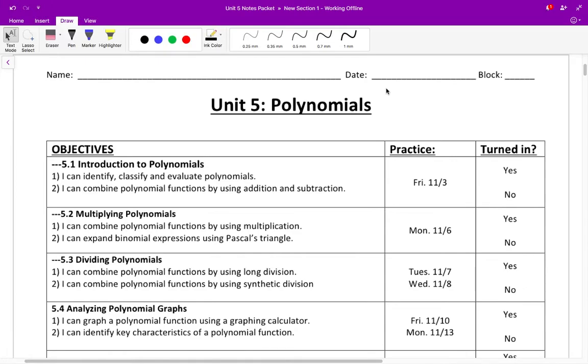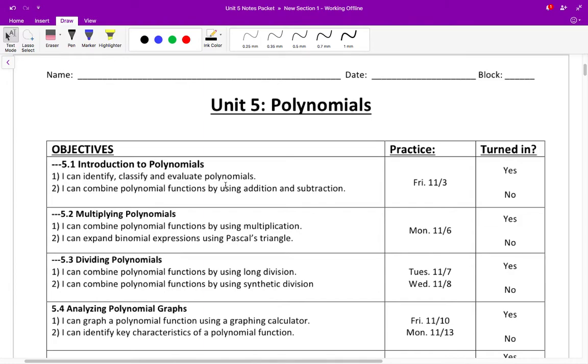So, here's basically what we're looking at. In Unit 5, we are talking all about polynomials. Just to give you a quick rundown of what that's going to look like this unit. In Section 5.1, we've got our introduction to polynomials. That's when we're going to learn all about what is a polynomial and how we can combine those using either addition or subtraction. So the homework for that day, which will be assigned to you today, Friday, November 3rd, will